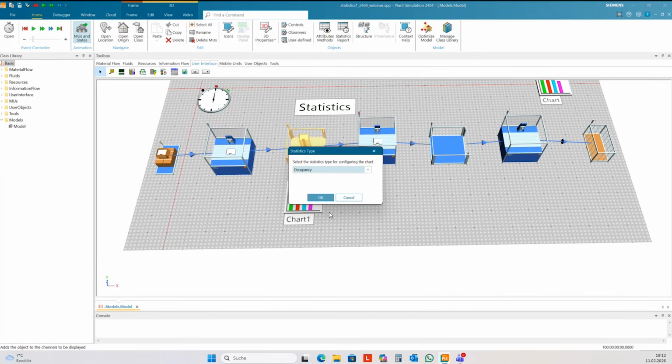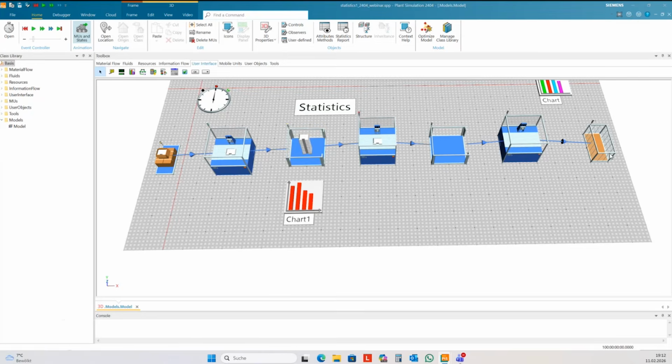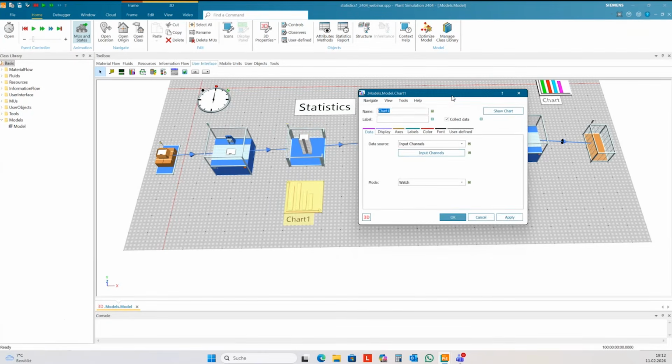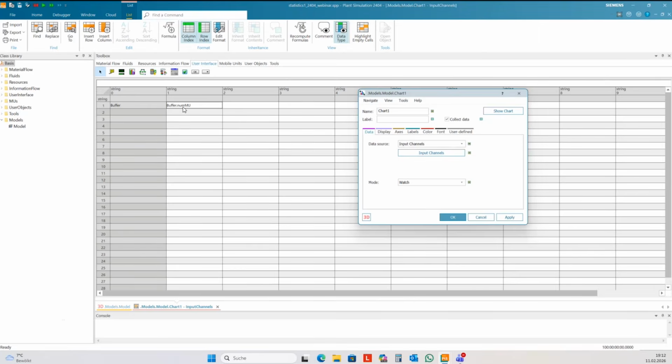It's a num_mu here. And then you have two different kinds of data sources for a chart. One is input channels, and the second one is a table. And here you have buffer num_mu. This is automatically inserted here into this table.